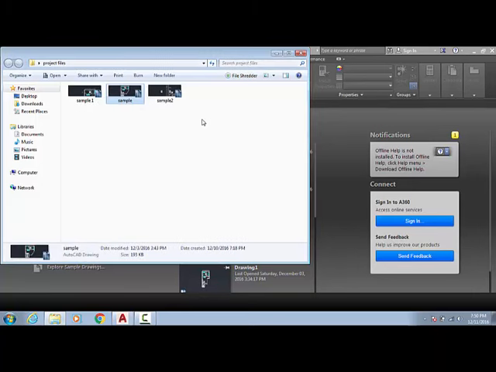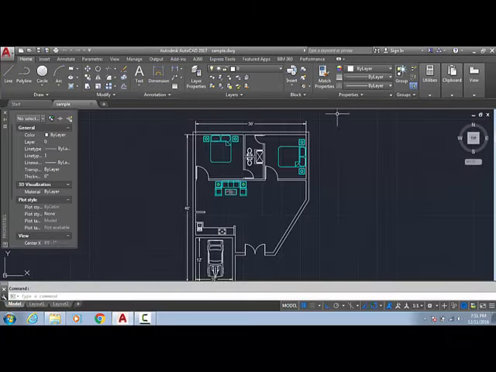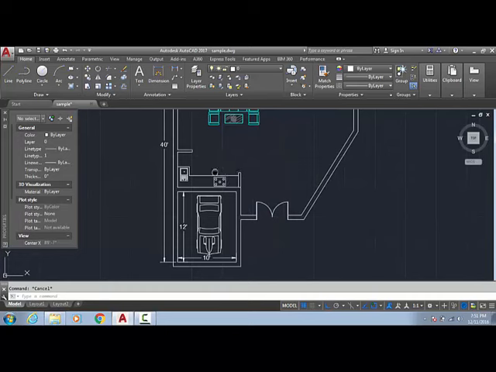In future, if you save your files by mistake and you lose whatever you saved, and you want to revert it back to how it was originally, just look for the backup file beside it with the same name. Just rename it as DWG, and here you got our original drawing we used in the first session. Look here, everything is quite similar, same.